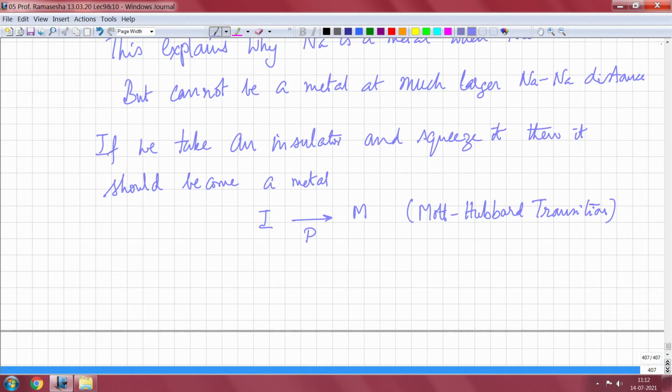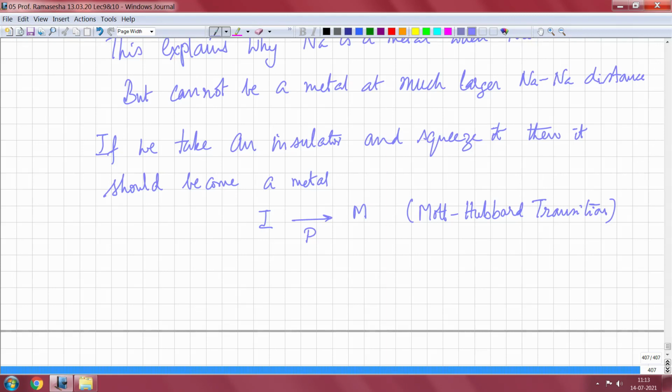So, we came across similar metal insulator transitions earlier. For example, in the case of one electron picture, if you have a Peierls kind of instability, then a metal becomes an insulator. So, that was what we saw in one dimensional chains. It is unconditional, and in the higher dimensions it depends upon the nesting of the Fermi surfaces.